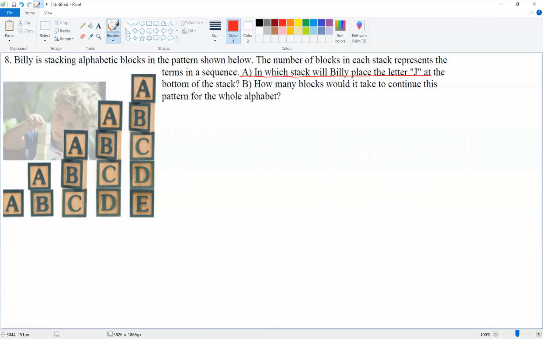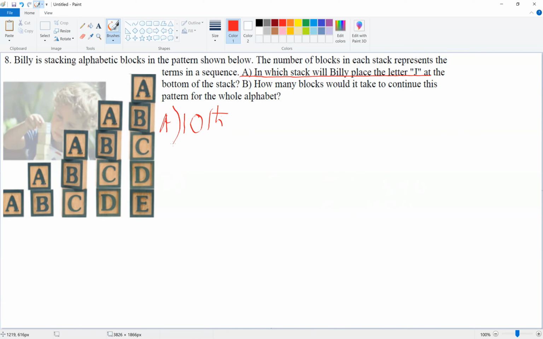No, it's just very simple. What is the first term? 1. What is the common difference? 1. Yeah, you just add 1. That's it. So the 10th letter would be J, so it will be the 10th row. Okay. And then for the next one,